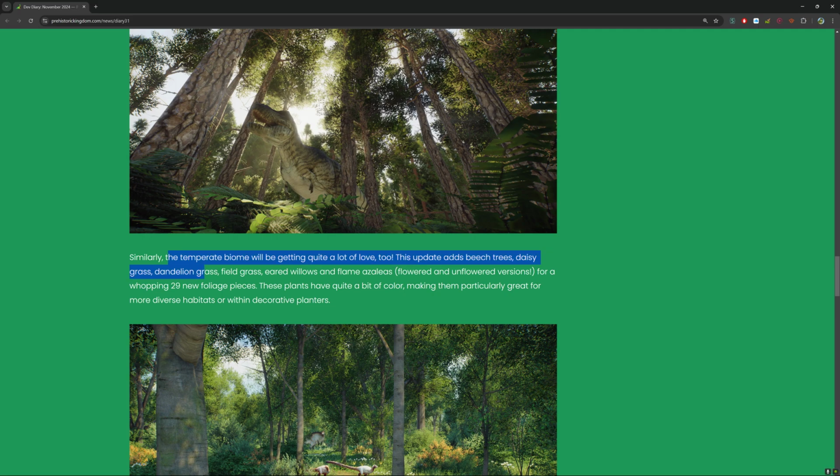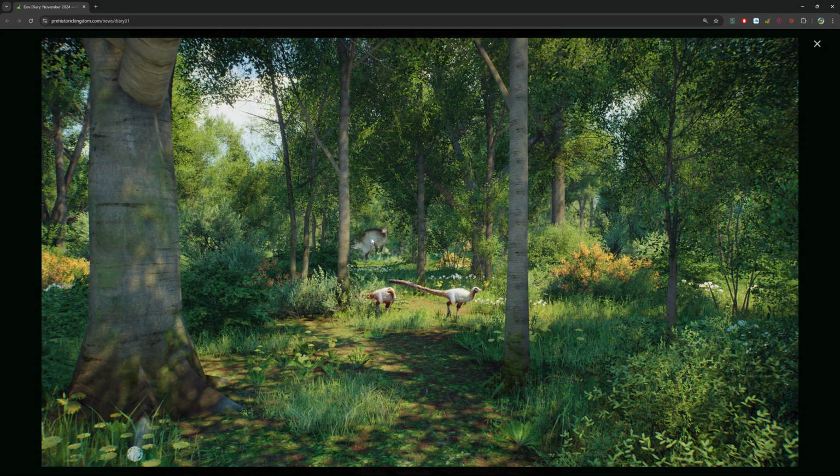But similarly, the temperate biome is getting quite a lot of love too. So this update will add beech trees, daisy grass, dandelion grass, field grass, eared willows, and flame azaleas. So flowered and unflowered versions, that's cool, for a whopping 25 new foliage pieces. So these plants have quite a bit of colour, making them particularly great for more diverse habitats or decorative planters. So you can see that really...